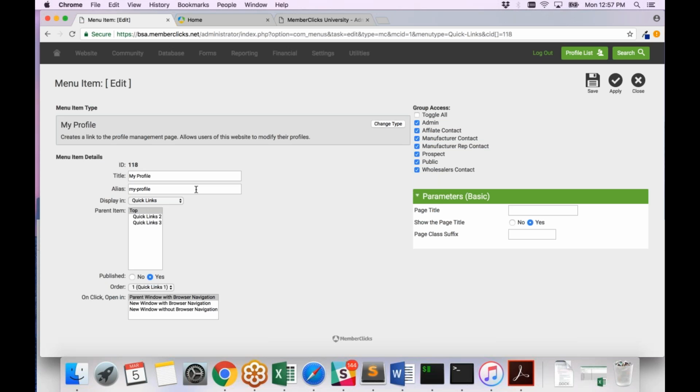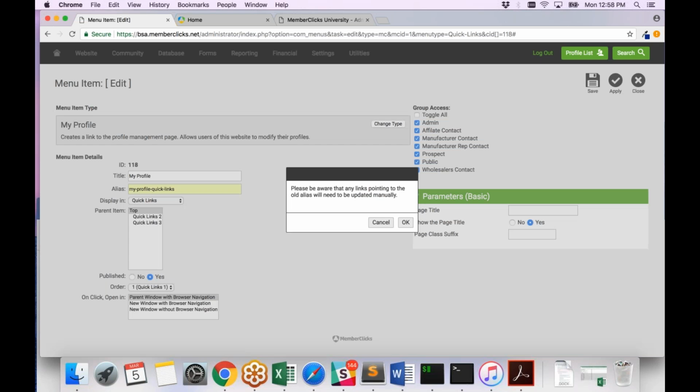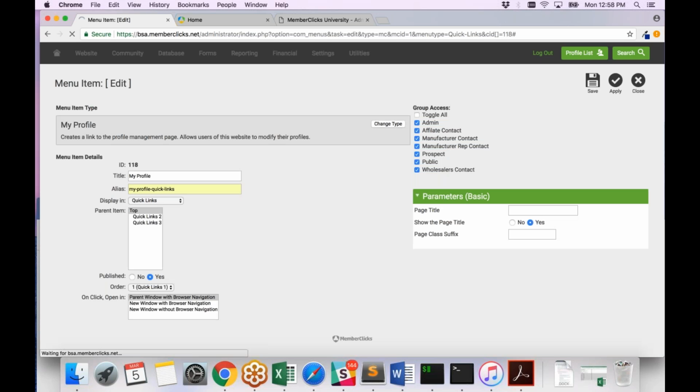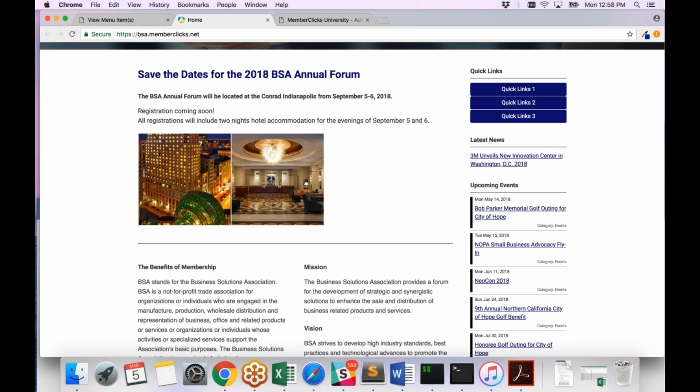Oh, that little warning just said the alias has already been chosen. If you ever get that warning, that doesn't mean you have to change the title. The title can stay the same. You just want to update the alias, because one alias can't point to 2 different places, if that makes sense. So I'm just going to update this to say My Profile, quick links. Notice I've done that a lot. I can keep the title, and then I'm just going to hit save, and it's going to say okay. And on the front page now,